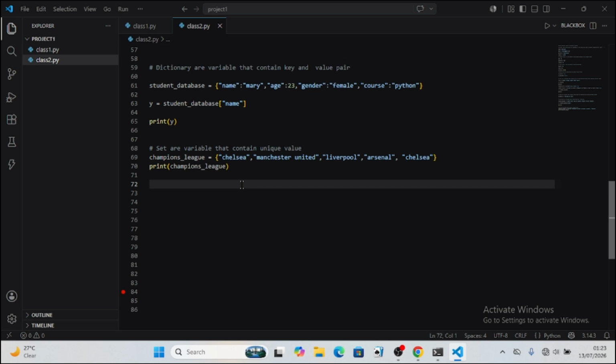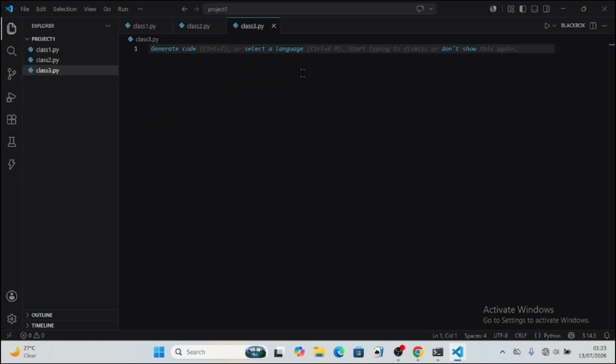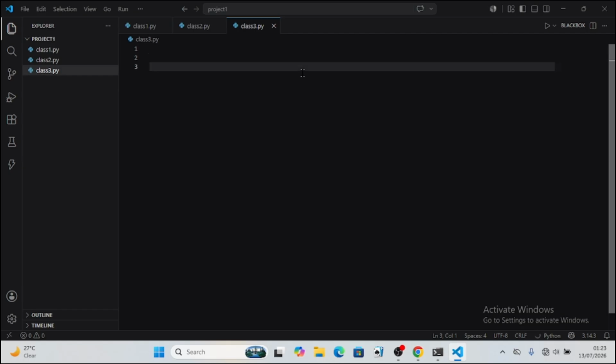In this video we're going to be looking at how we can manipulate different strings, and we'll be having various examples. So I'll go ahead and create a file, and I'll call it class 3.py. In this video we're going to create a string. I'm going to call this string name